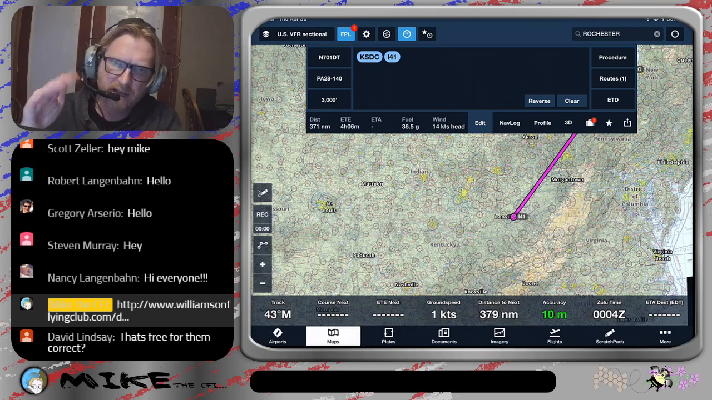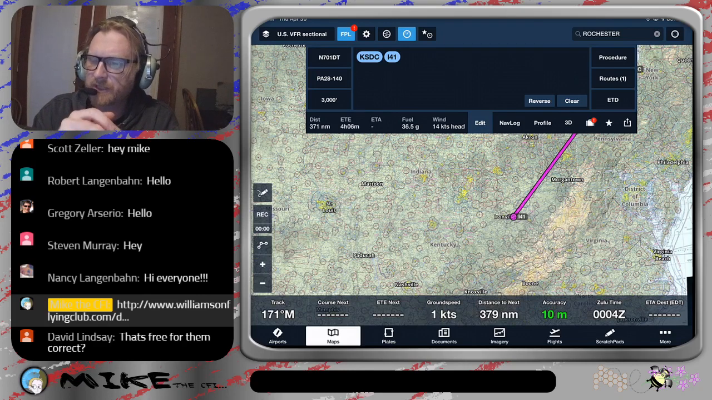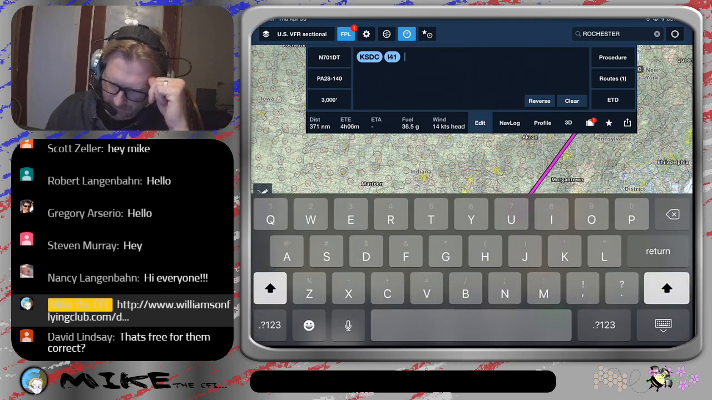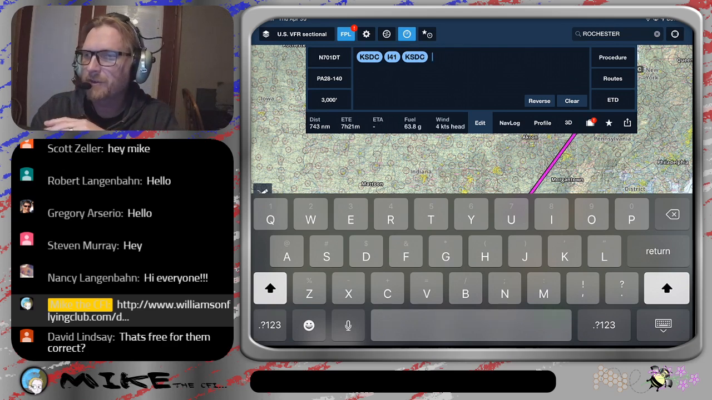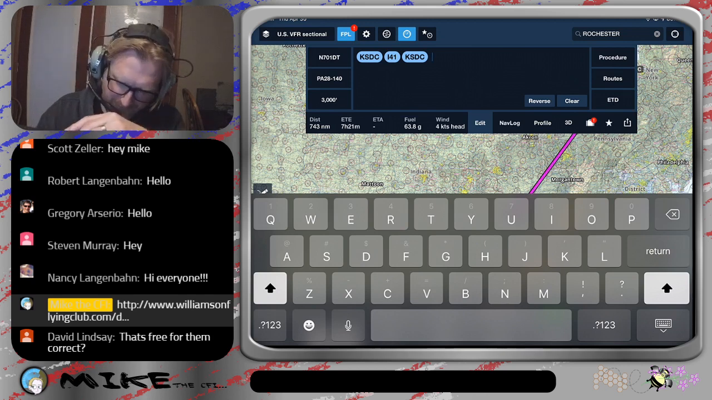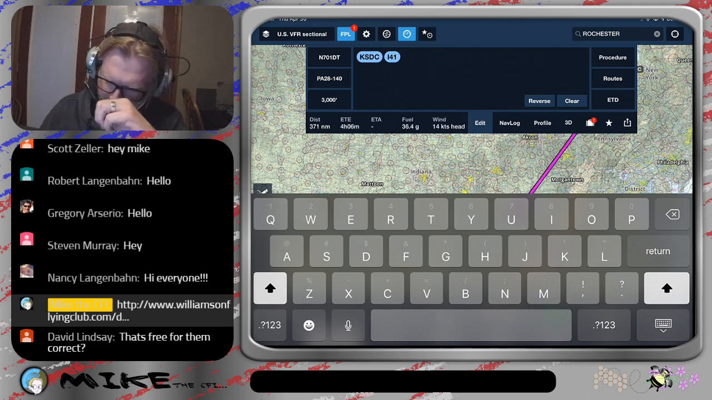Now, if you have changes to your route, what it's putting is the total wind along the route. So you can see if we go there and come back, we're still dealing with a 4 knot headwind. Headwinds always hurt more than tailwinds help. But